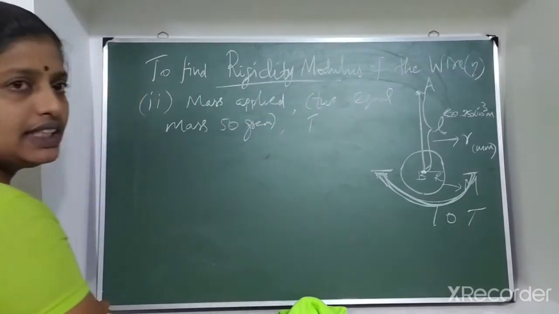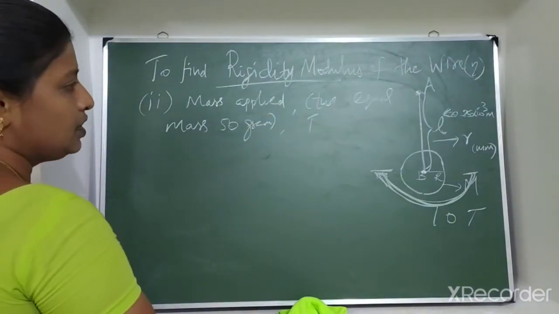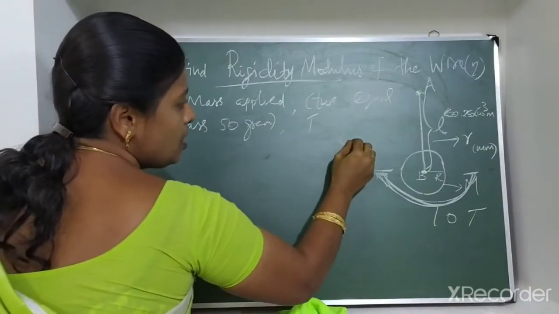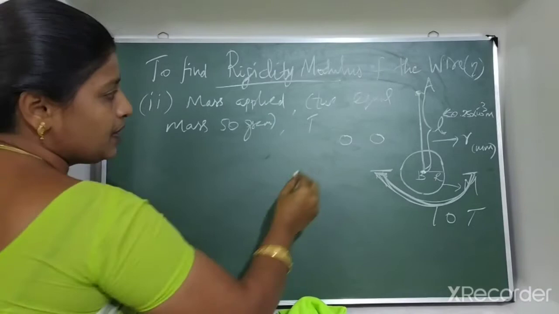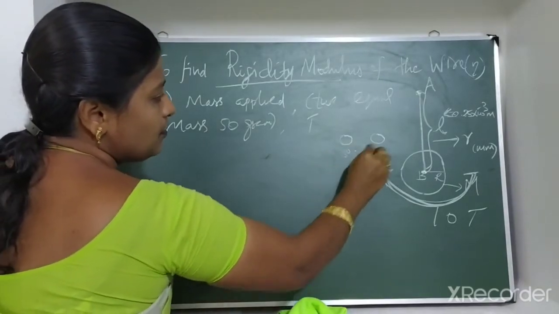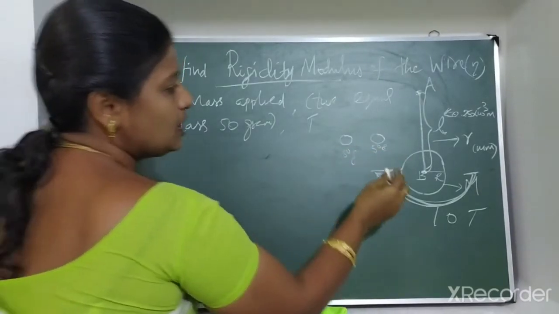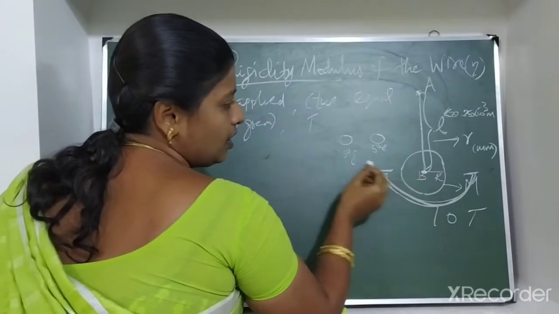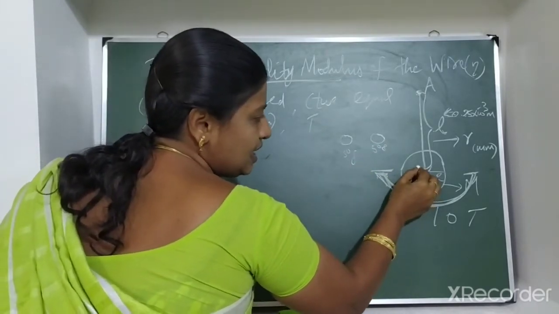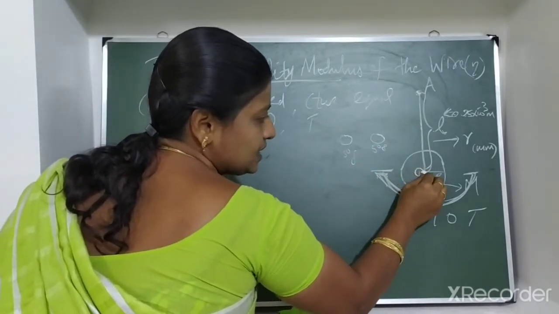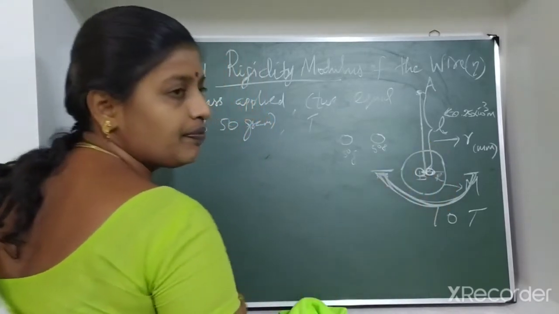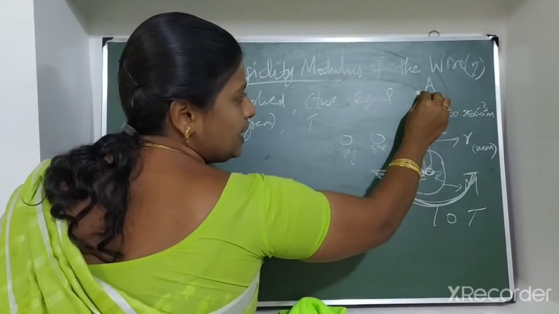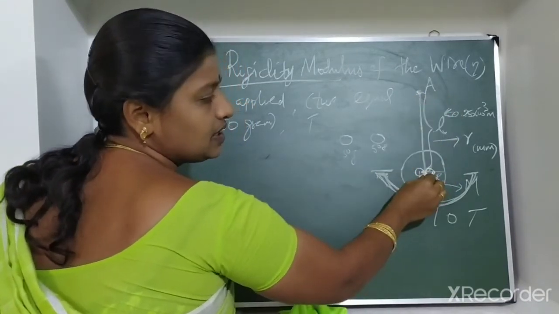Find out the period of oscillations. Take the small 50 gram mass. This mass is attached or fixed closest to the center of the axis. These are particular sections and lengths of the wire, A and B.